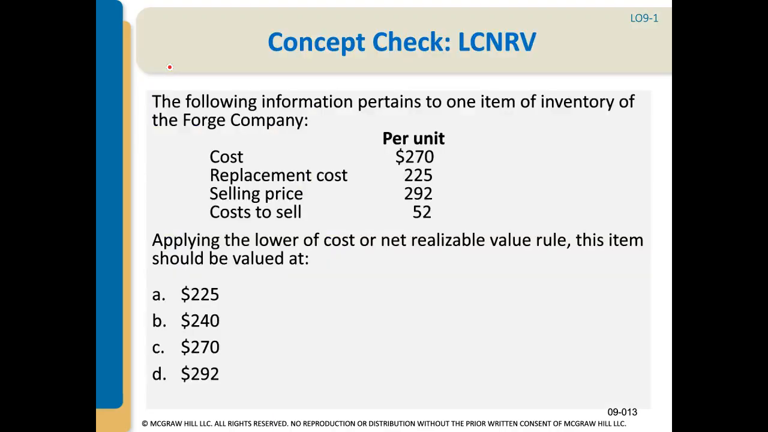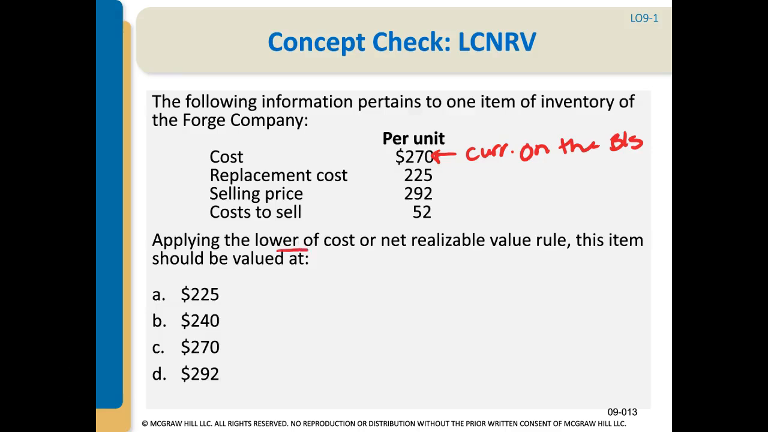And so let's just do this quick concept check. It says the following information pertains to one item of inventory of the Forge company. There's a cost of 270, so that's what we currently have on the balance sheet. Replacement cost is 225, selling price is 292, and cost to sell is 52. Well, we need to look at